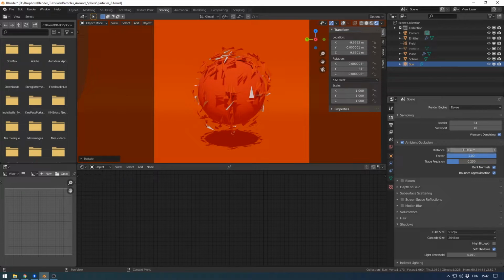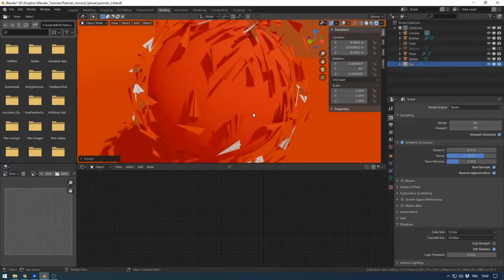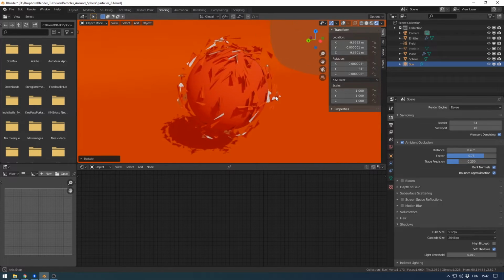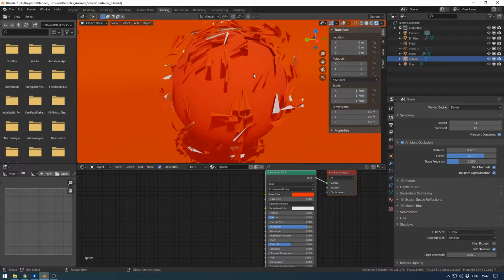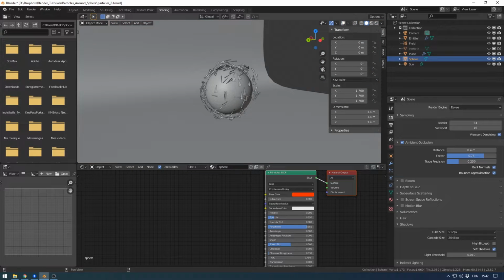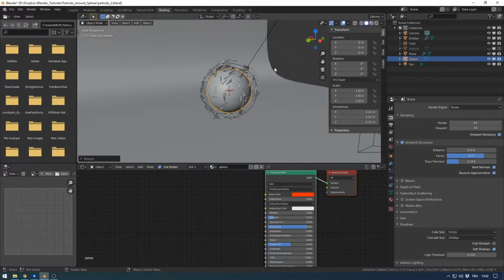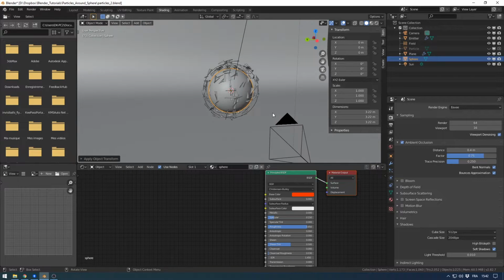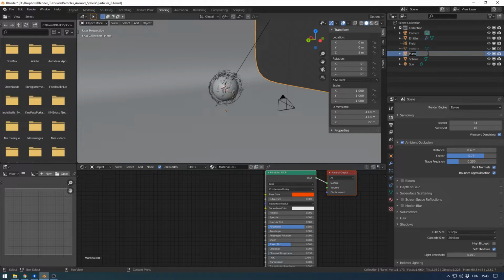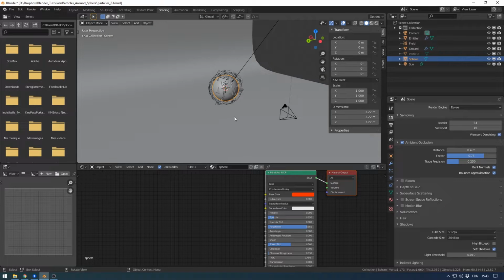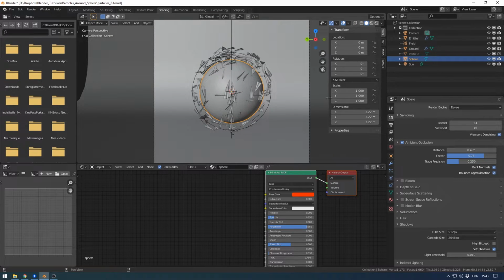And I also add an ambient occlusion with a factor of 0.70, like this. Great. Seems good. Now I will reduce the sphere a bit. Like this, I will apply scale, and for the planes too, I apply scale. This is ground. This is sphere. Perfect. Now for the animation part,